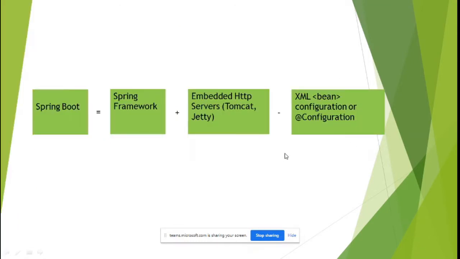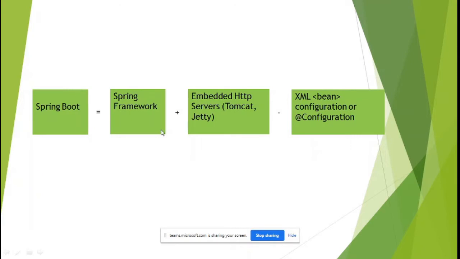Next thing is, in the Spring framework, we need a server. Without a server, you cannot run it, right? As you have not done Spring MVC, you have not used servers to deploy your applications. You have done only Spring Core, right? Directly we are going to Spring Boot. So that is the reason we actually need an explicit server to run your application, but that is also inbuilt with Spring Boot.